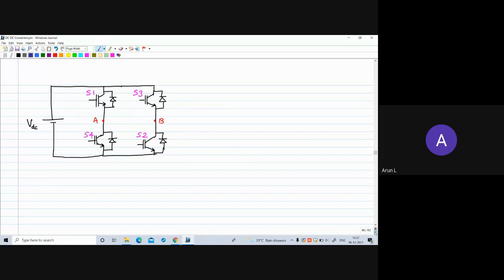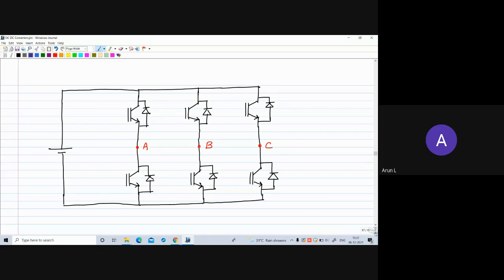So in order to shift the harmonics to higher orders, we need PWM, pulse width modulation. So in pulse width modulation, what will we be doing? We will have a control signal. The control signal is a sinusoidal voltage waveform, and we will have a carrier. The carrier is a high frequency triangular waveform. By comparing this control signal with the carrier signal, we can generate gate pulses, and that is used to drive these switches. So the advantage of pulse width modulation is that harmonics will be shifted to the higher orders, and those higher order harmonics can be eliminated using a low cost, low size filter.